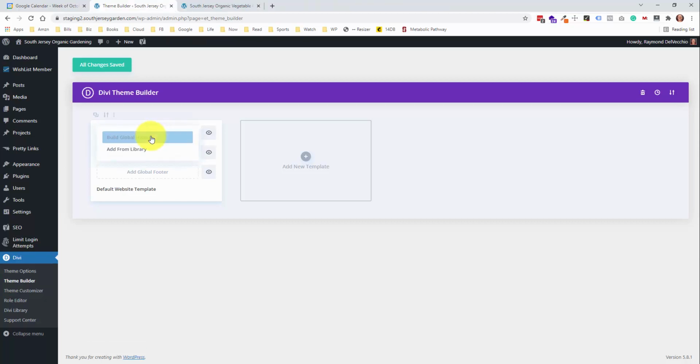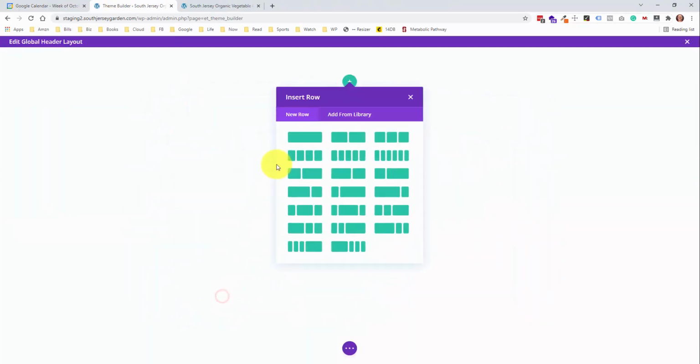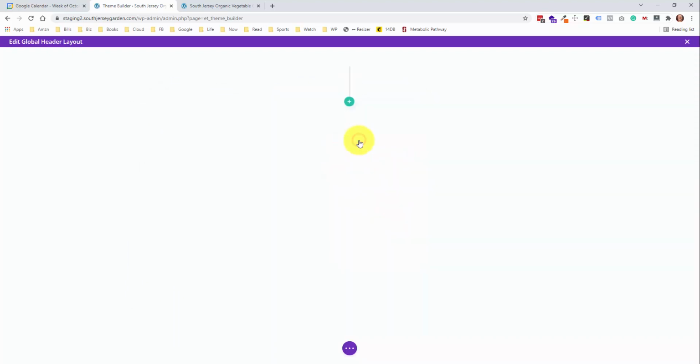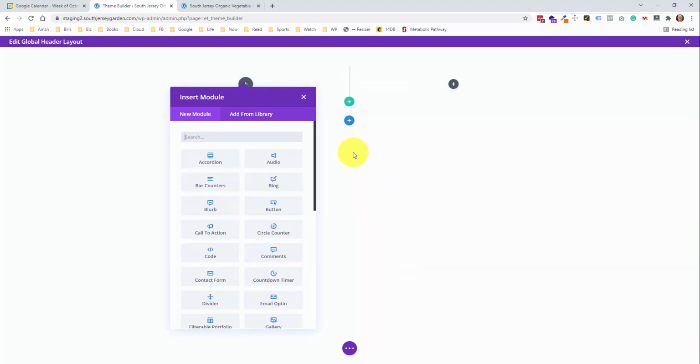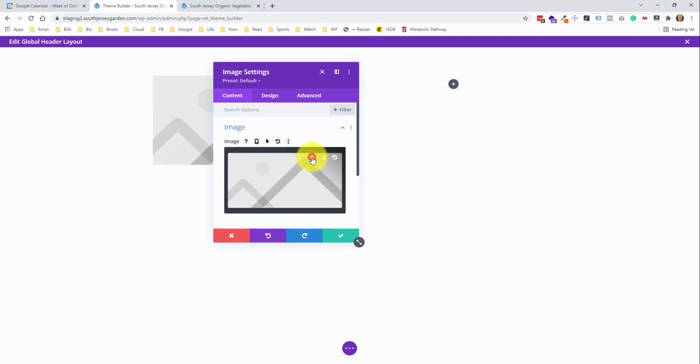Let's click into the header to start building that, and we'll build the global header. I'll just start from scratch since I'm doing something really simple. The header that we had before was just 2 columns. We have our logo on our left and the menu on the right, so I'll do a 50-50 split column layout. For the logo, we'll just add an image module, and we already have this uploaded, so we can just